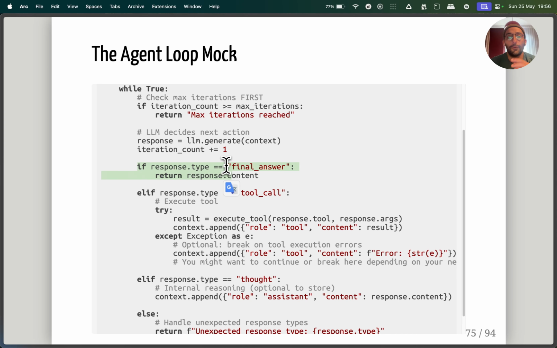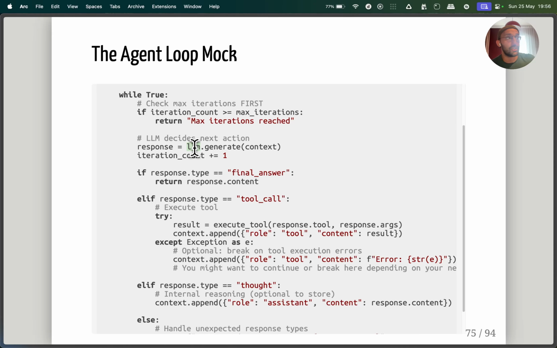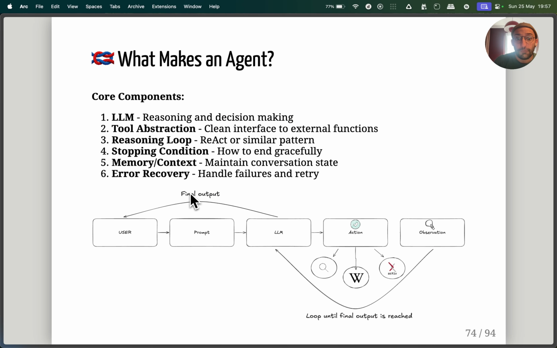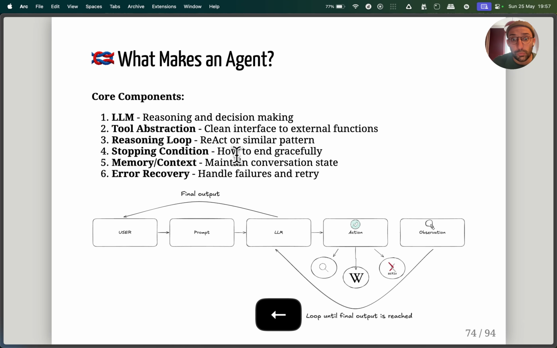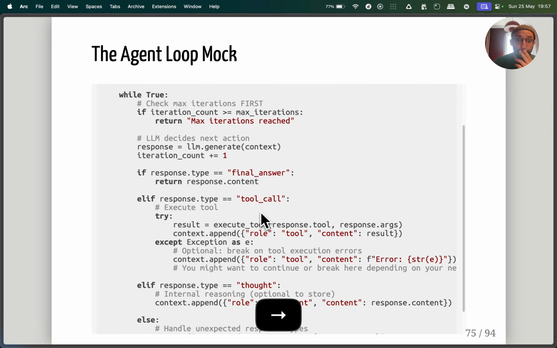Now, folks, this is response type. What I'm representing here is that the output of the LLM is going to be some JSON output, inside of which we have useful attributes like type, where we could say final answer. So the LLM could potentially generate a structured output with this type attribute, which we can parse and see if it says final answer. If it does, we return the final result to the user. So that would be this idea here: returning the final result because the final answer is detected. And this would be an example of the stopping condition we were talking about before.